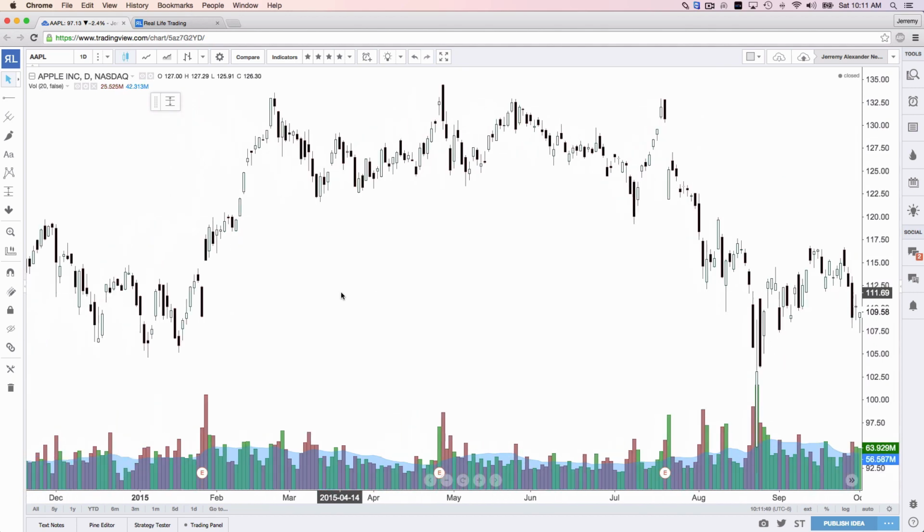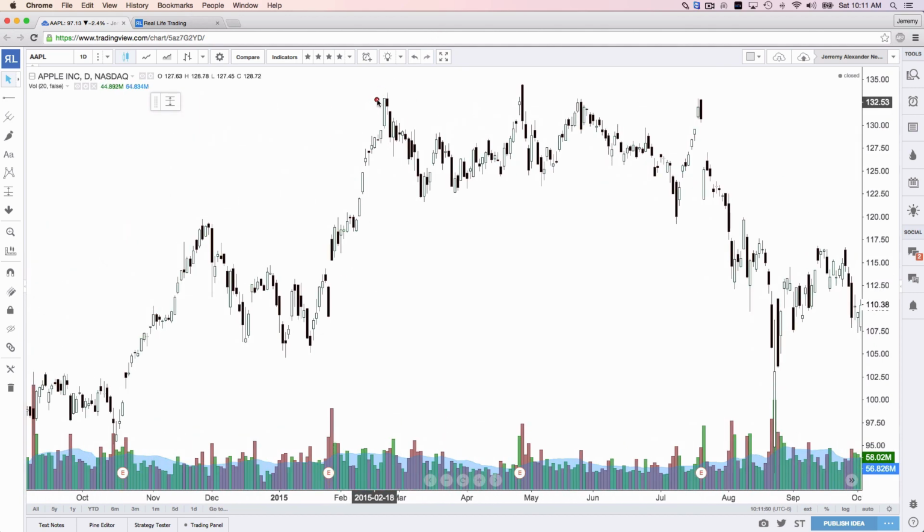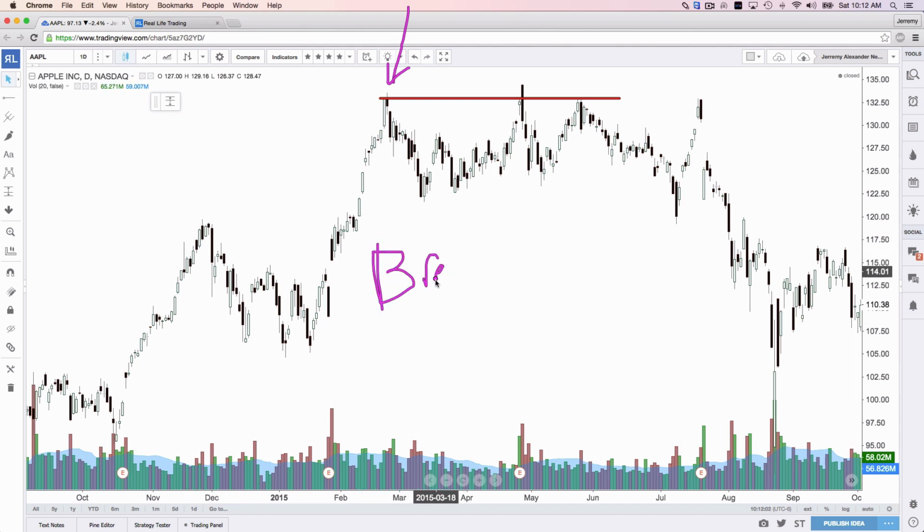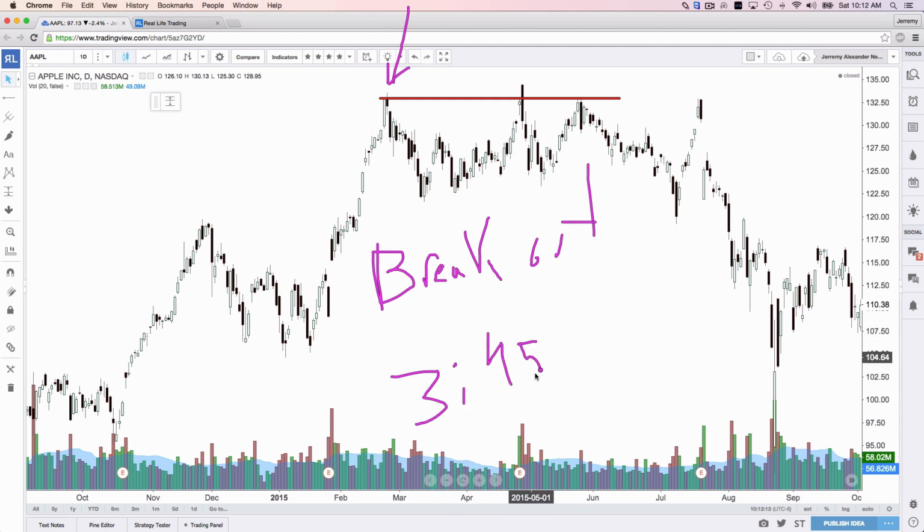So kind of scrolling back here. And again, obviously you can see all this resistance right there. Boom. There's your resistance. And if you're going to get a breakout, you absolutely want to close above resistance. So that's another key word. If you're going to take the breakout, you are going to want to wait for a close. How do you get in before the end of the day? I usually have a rule. I like to wait till 3:45 p.m.